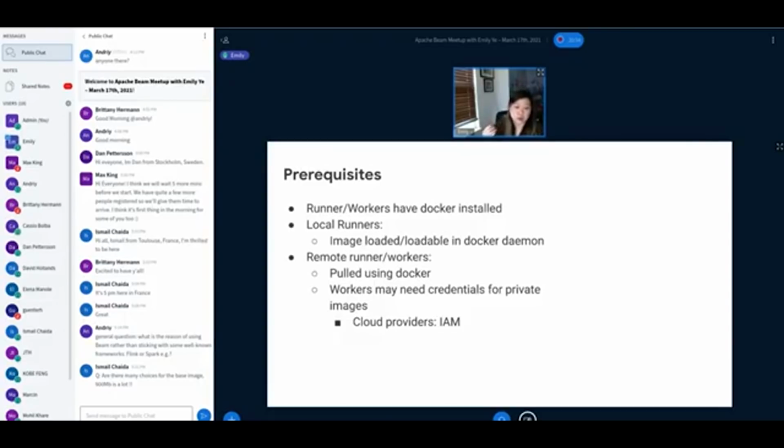And so what this means is if you have private images, you need to make sure that your local Docker credentials can handle it. Although in general, it's better to have public images or images that you have implicit credentials for. For remote workers, we still pull it through Docker, so it's the same path. Obviously, cloud providers have their own way of providing container registries, for example, GCR or GAR for Google,